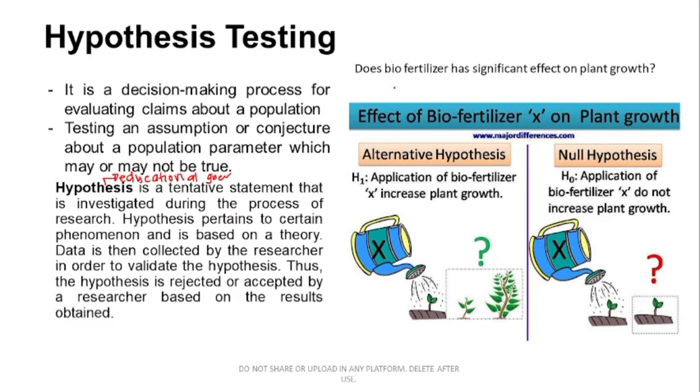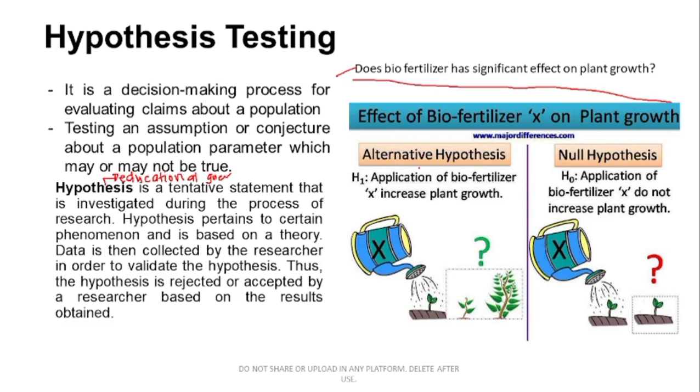So, let's say for example, we have a statement of the problem or yung problem na gusto nating masagot dun sa magiging study natin or magiging research natin. So let's say for example, dito sa mga agricultural engineering student, halimbawa ito yung magiging research question later on: Does biofertilizer have a significant effect on plant growth? So if you want to answer this question, you will then formulate your hypothesis. You have your alternative hypothesis and the null hypothesis.